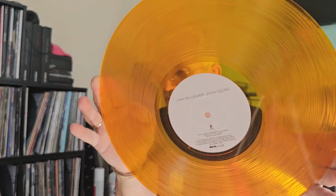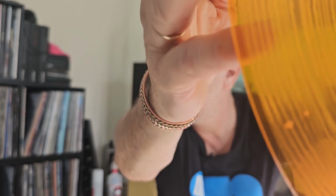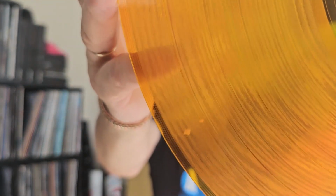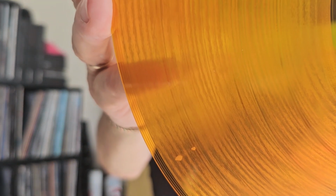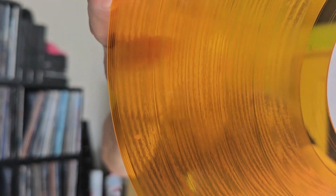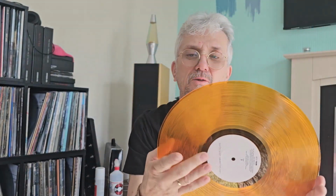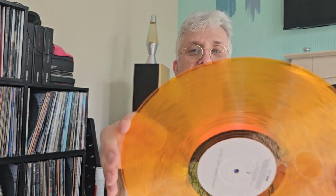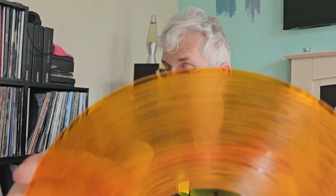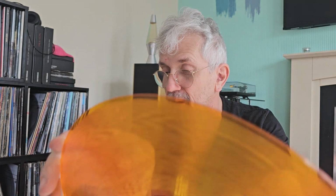It's just a transparent yellow. It's a nice colour. I don't know if you can see that, in the record, on the first track you've got those, I'd say it's an inclusion. I thought that was on the vinyl. It's actually in the moulded plastic. It looks horrible, doesn't look very nice, but trust me, it is in the plastic. It will not come out. I don't know if you can see it. There you go, you can see it. But anyhow,